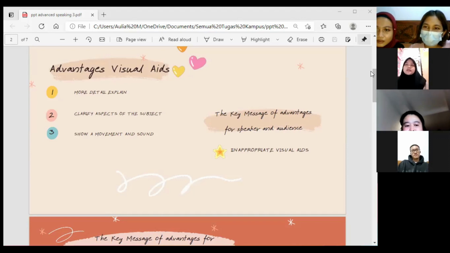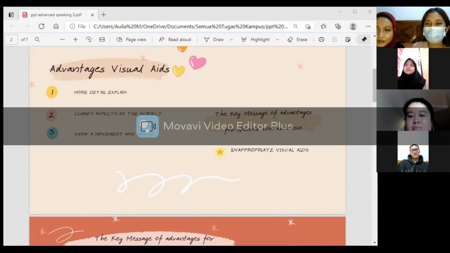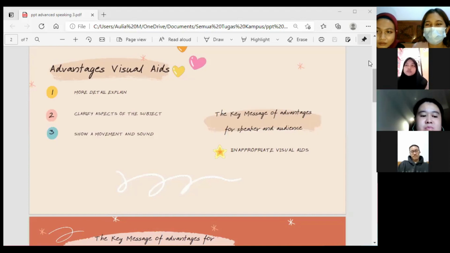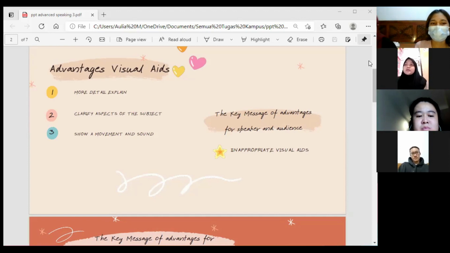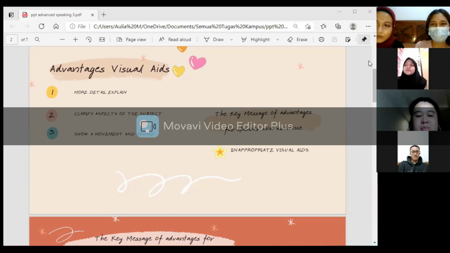There are other advantages from the speaker's point of view with using visual aids. Number one, a picture can show what could not possibly be explained in words. Number two, it can clarify aspects of the subject. A photograph will clarify aspects of the object which could not be shown in any other way.